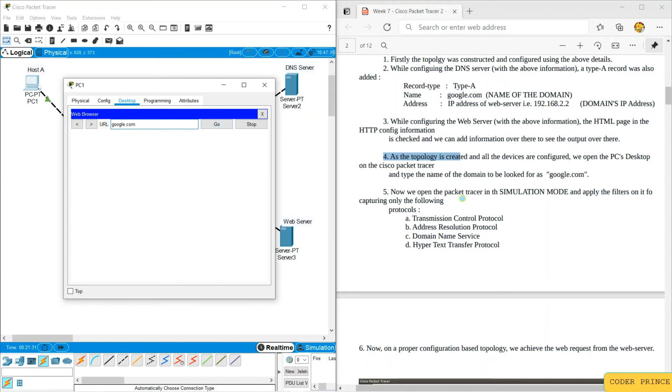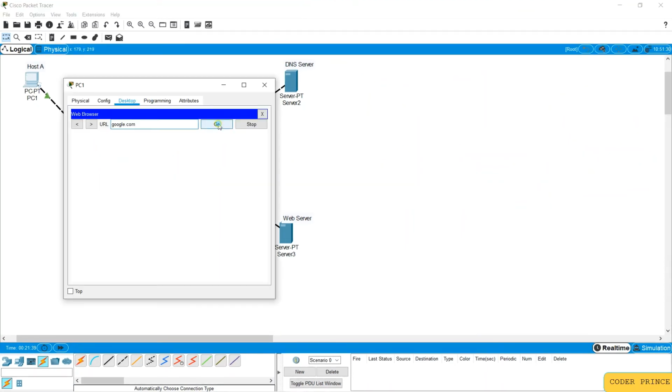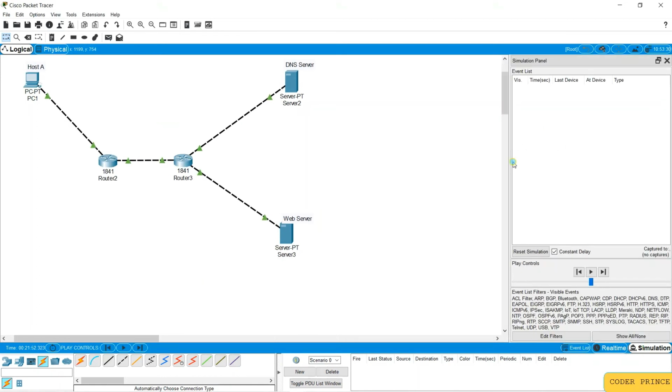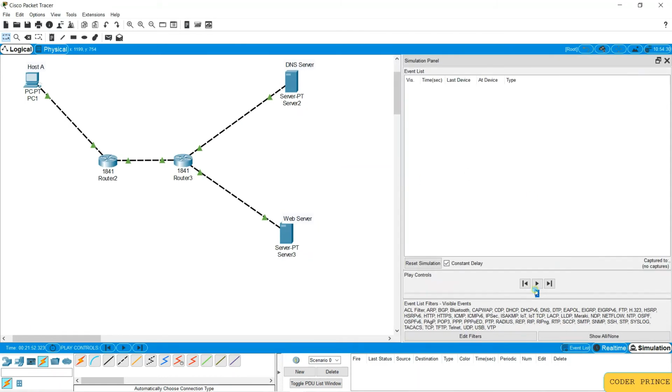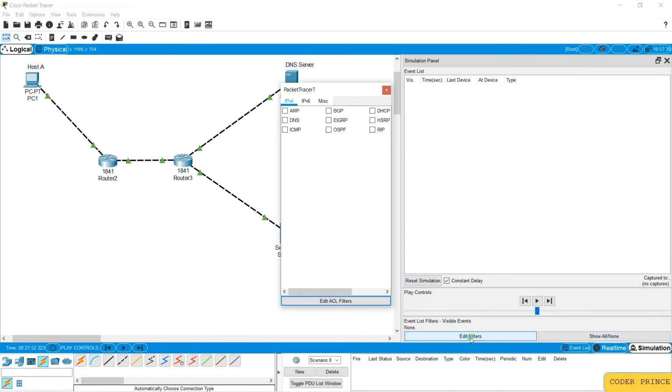Before clicking go, we will have to set up the simulation, right? So you can click go and you can do it. Let me do that as well. Here we have this particular connection. I'll click on go, and now I'll open the simulation. Over here, let me click on show all/none, so that will clear all the filters. Once you click on edit filters, here you will have to choose whatever type you need.